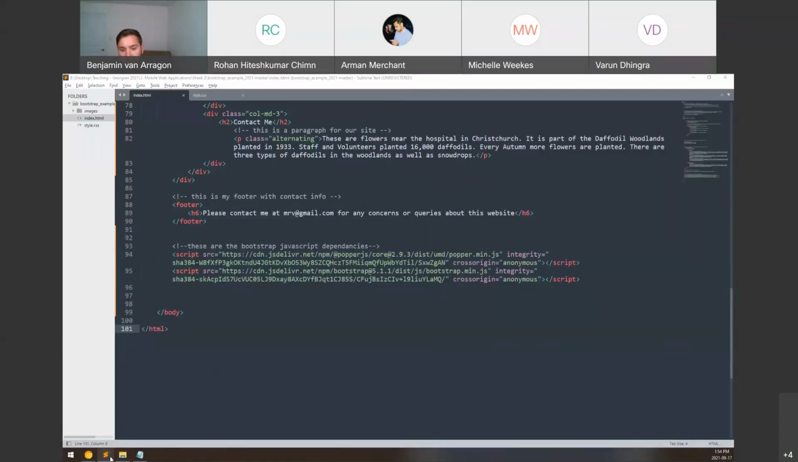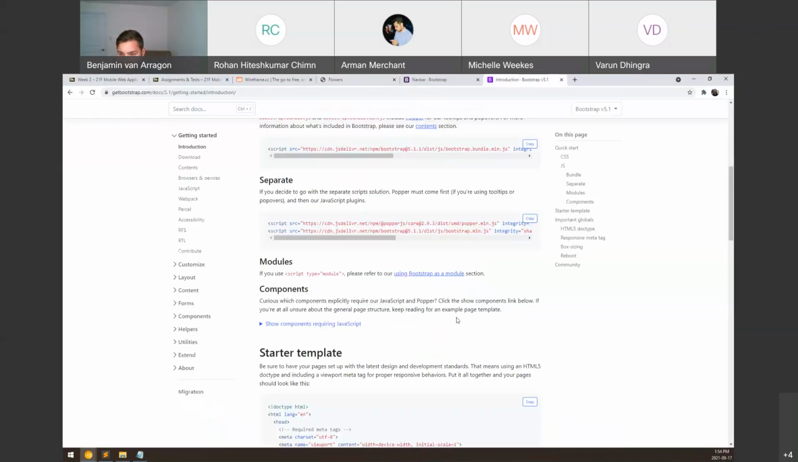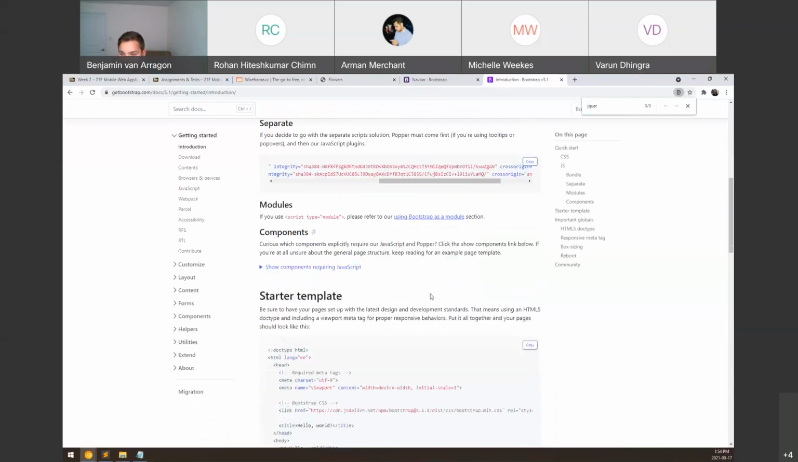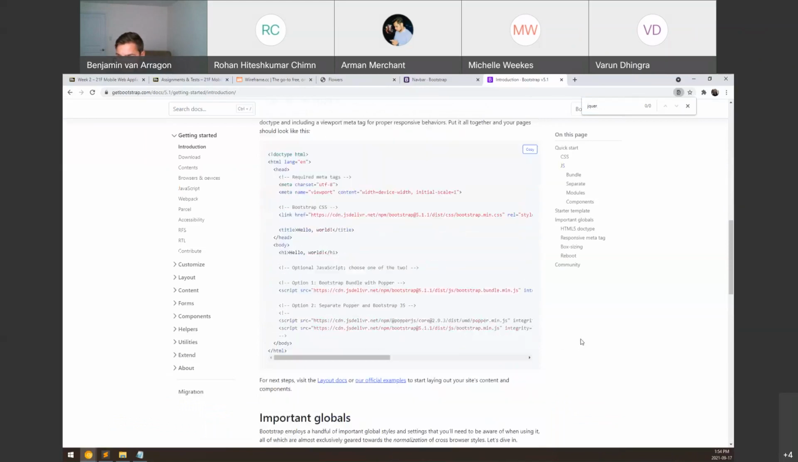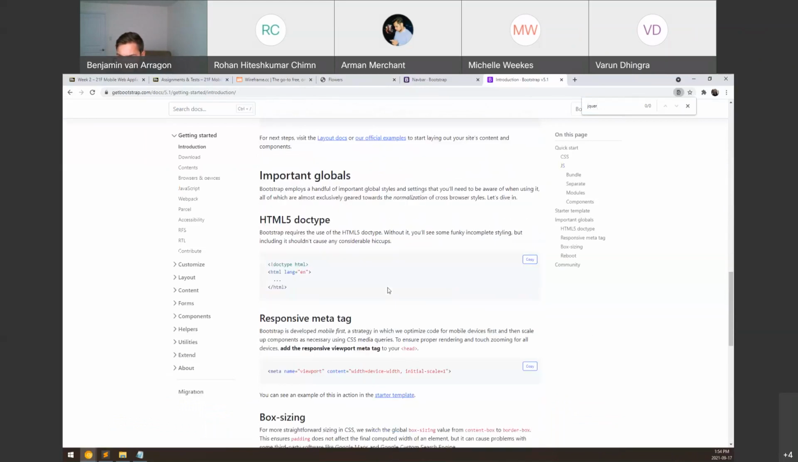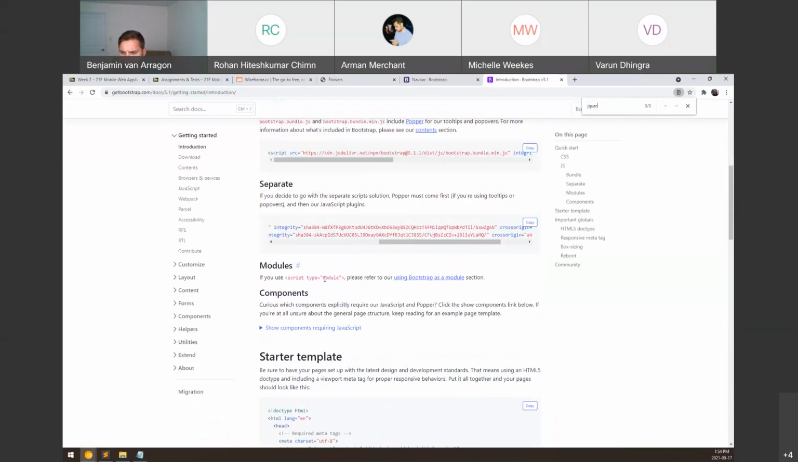So basically, if you go to the Bootstrap page, we want to get our jQuery. So, jQuery. Where's the jQuery script? Let's see. If you're using